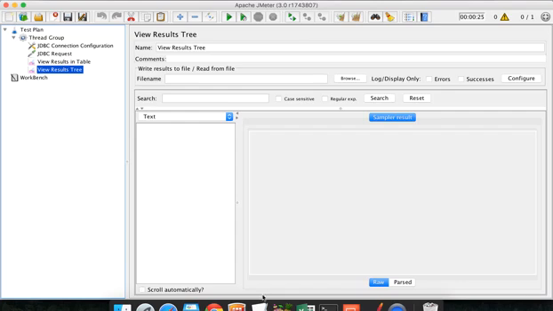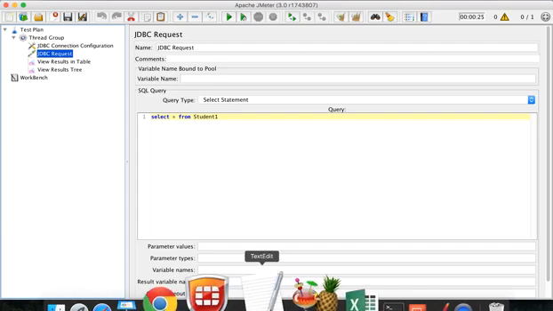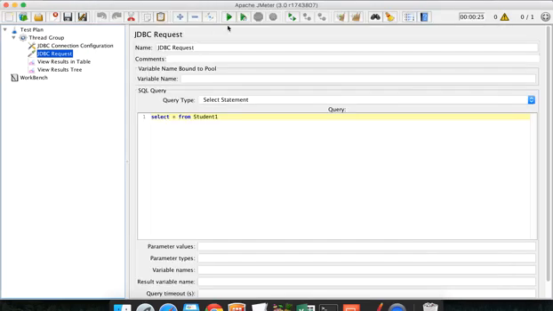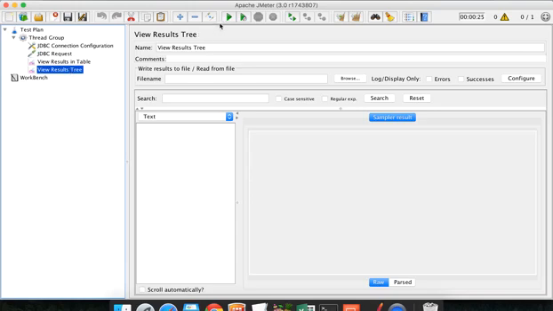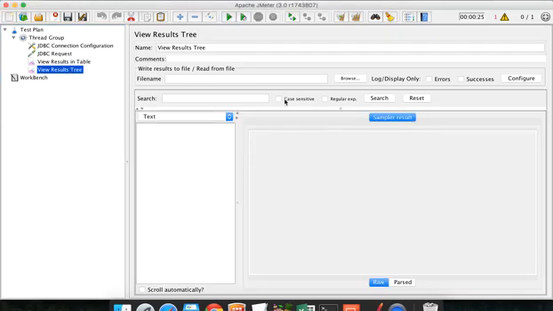Okay, now we have everything ready. We have created the test plan, we have added the jar, we have configured the JDBC properties, we have added the request and the listeners. So the last step will be to run and validate. Okay, so let me run this test plan. I'm not saving it for now, and you see this did not show any result, but there is